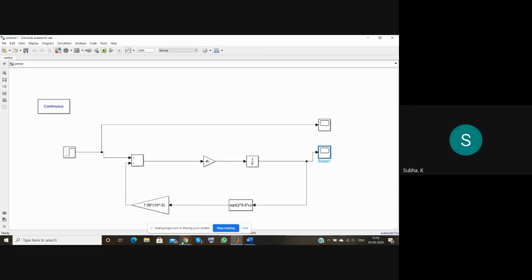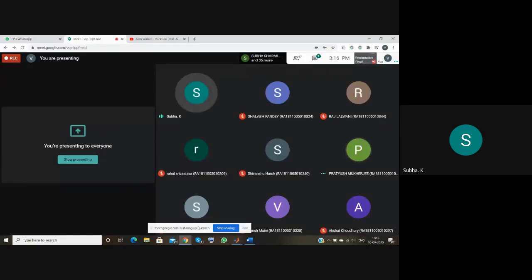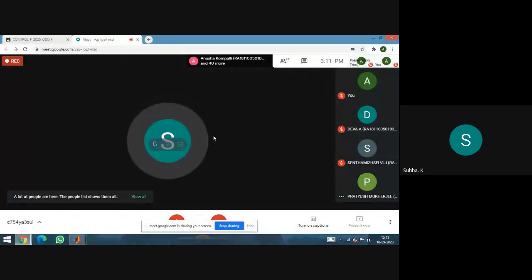See, the second Simulink model also you try, and again the same flow rate input and level output you have to show. 4 graphs you have to obtain for the two block diagrams, plus that root locus also you have to do. Root locus and all I have to teach. See the rest also, in case you are having any doubts, you ask me now. Only 15 more minutes are there.